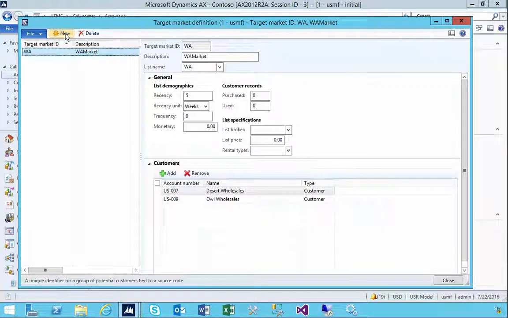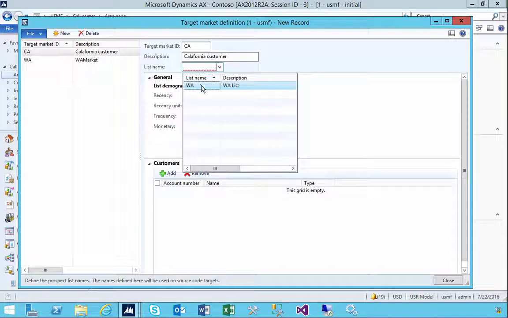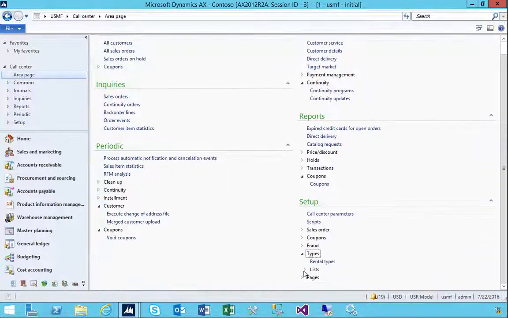A source code can be associated with a campaign, so essentially you can link up the target market with a campaign, for example. Now I can create a target market, so California customers, for example. Now the list name is actually the list type, so we can see that down in the